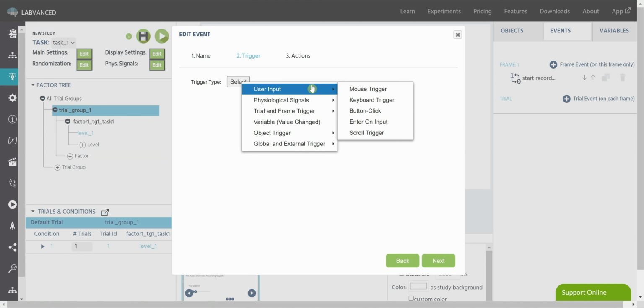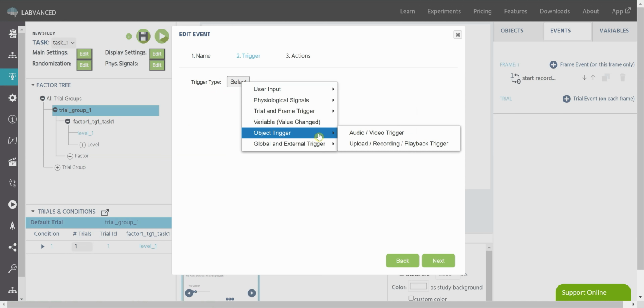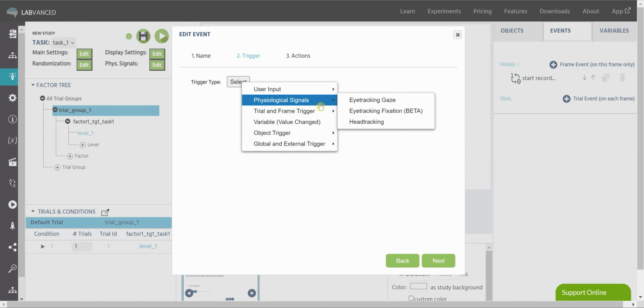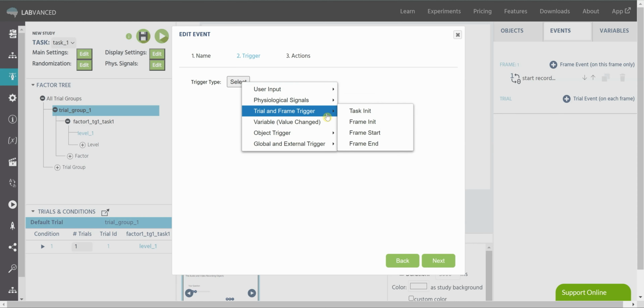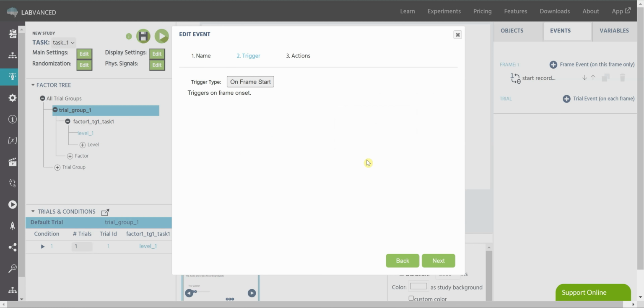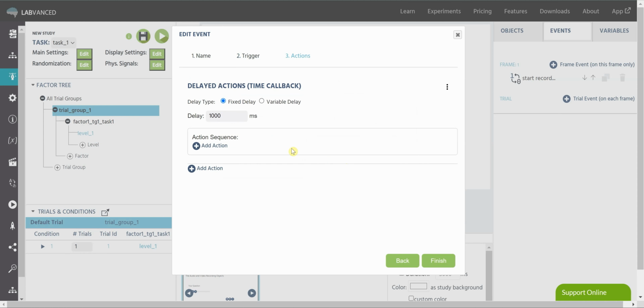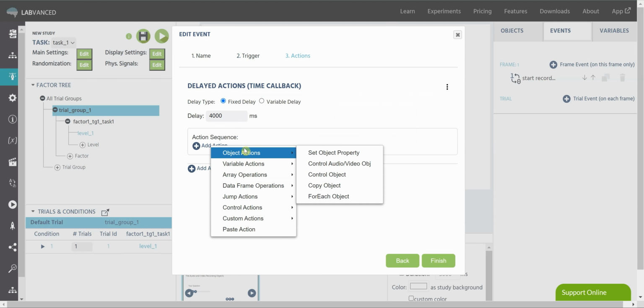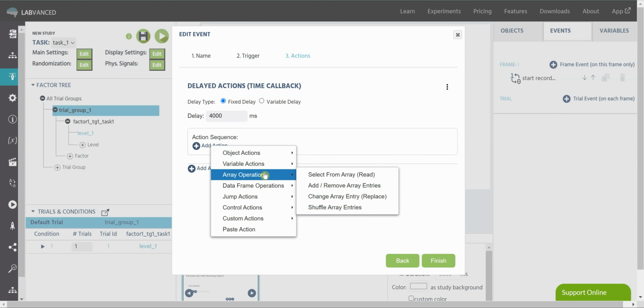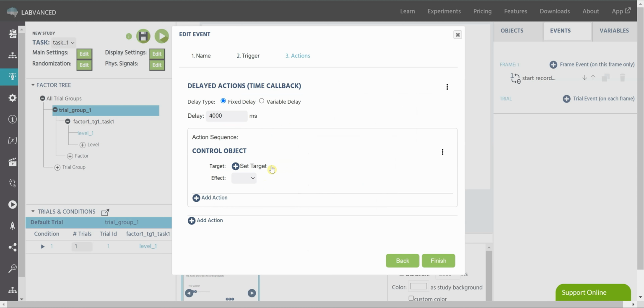The trigger, we can go ahead and do quite a few things here. I'm going to do a frame start trigger, okay? But then I'm actually going to use a control action and a delayed action. So although the trigger is the start of the frame, the action itself is going to be delayed by, let's say, 4 seconds. And my action is going to be that same control object, my audio object, and I want